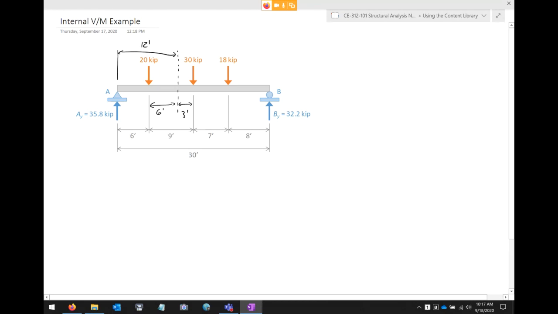Okay, so the first thing I have to ask myself is, which direction do I look? When I cut a section, do I look to the left or do I look to the right? I want to be crystal clear. It does not matter, ultimately, what direction you look. You will get the same answer if you've drawn your components in equal and opposite directions and according to the sign convention that we've already agreed upon. You will get the same numbers either side. It won't matter. But there is something to be said about strategy. There's just less stuff going on to the left than there is going on to the right. So what I'm going to do is cut a section and look to the left. So looking to the left,